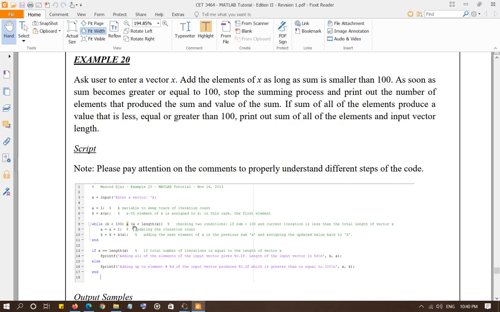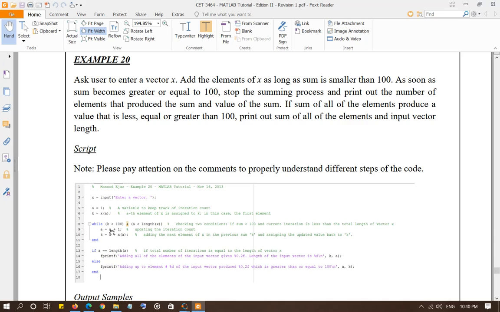And in the process, if you reach the end of the vector, then this condition will become unsatisfied. So either of these conditions becomes 0, and the AND between the two conditions will produce a 0. Remember, in an AND operation, if any of the inputs is 0, the output will be 0. For AND to be 1, all of the inputs have to be 1.